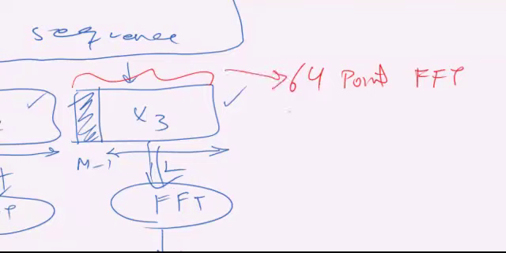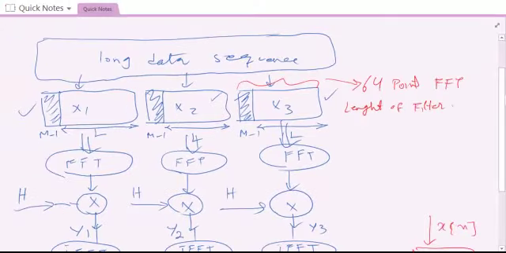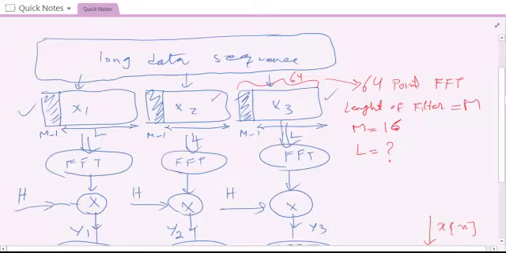And then the length of the filter is M. Because this experiment tells you to take the length of the filter as 16, your discrete filter has a length of 16, which means M is 16. So you have the whole length, which is 64, and you have M, which is 16. It shouldn't be hard for you to calculate L, which is going to be the length of a buffer